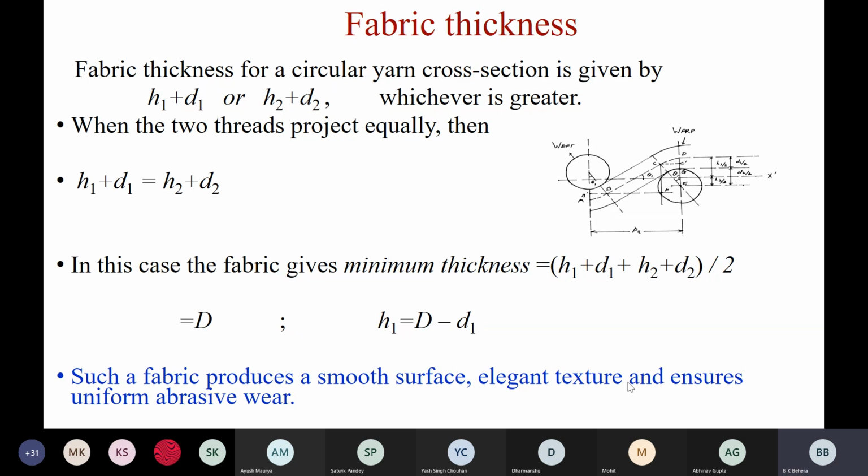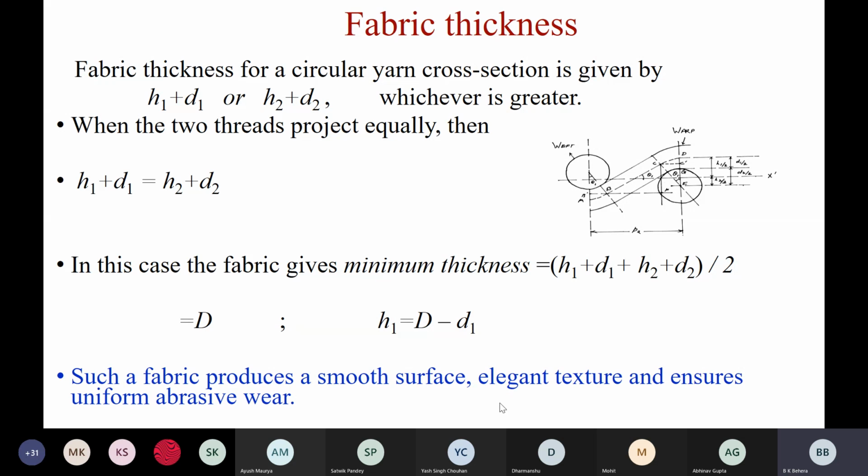So what does this information give you? Many times I will give you such examples. You have to realize those points and correlate them with actual fabric and actual fabric engineering principles. I am just trying to explain what it means. It's not just for the sake of mathematical derivation. It's necessary to understand and appreciate the relationship to engineer a new fabric. For example, I want a fabric which should have the least abrasion resistance. I want a fabric whose surface should be highly rough. This is how we can imagine using these equations.